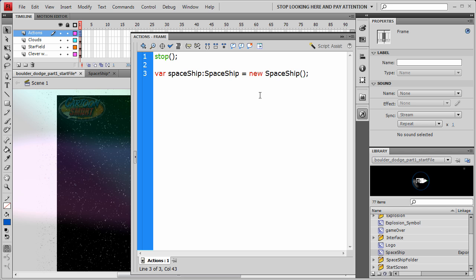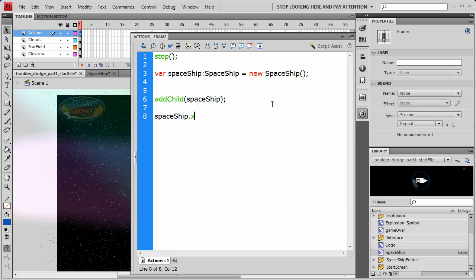Now, we've put in an order for this spaceship to our library, but now to deliver it, we need to go down a few lines and type out addChild spaceship. This means it's going to be delivered and it's going to appear up in the top left-hand corner of the stage, which isn't very useful. So I want to move the spaceship to the center of the screen. To do that, I'm going to say